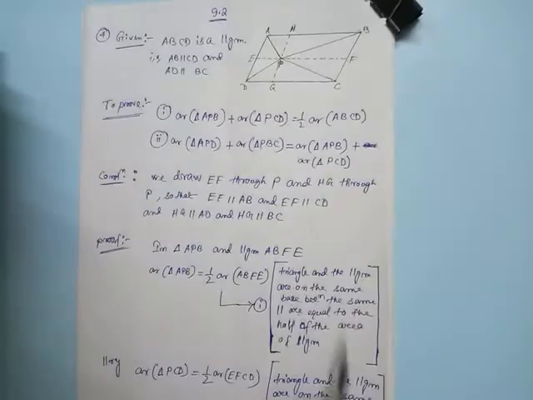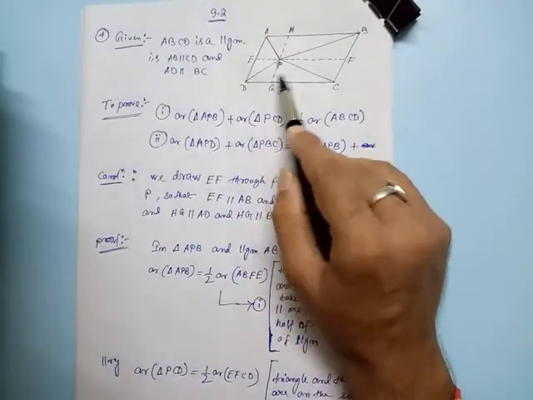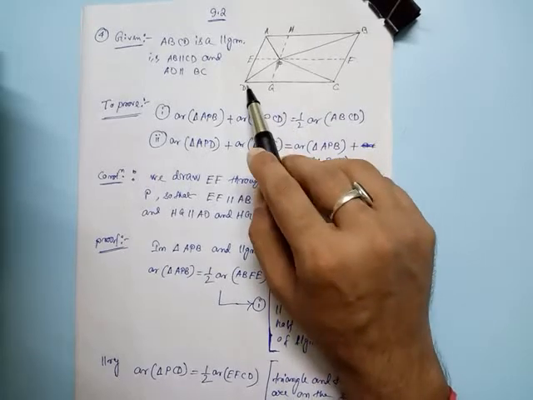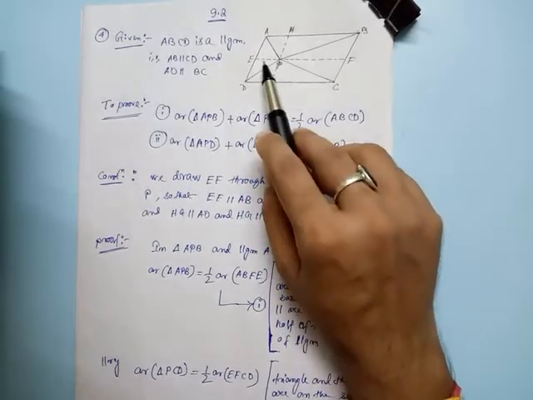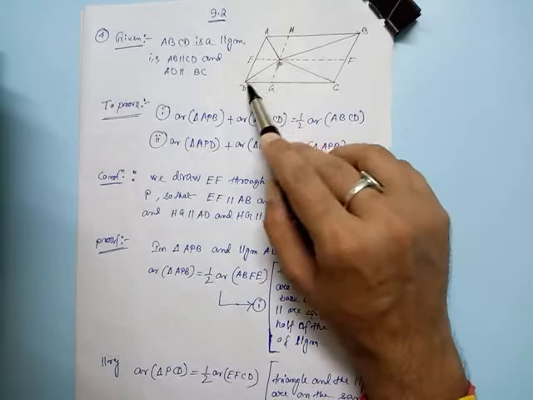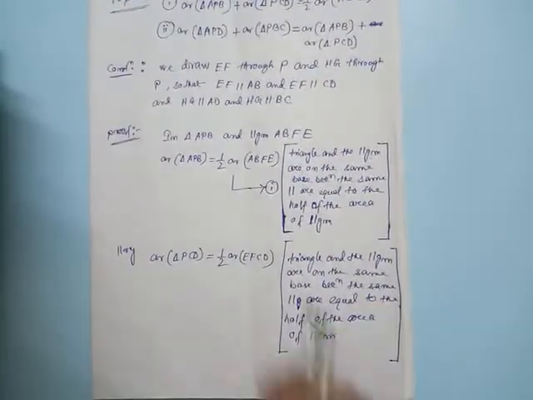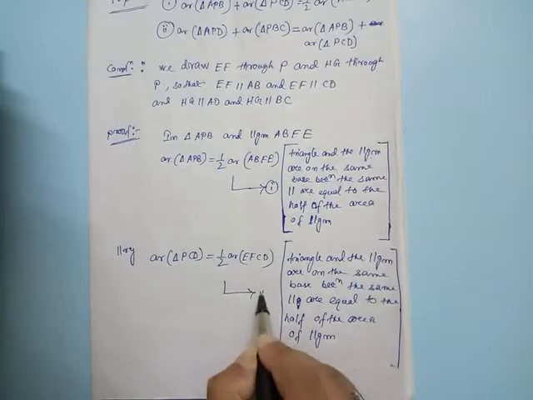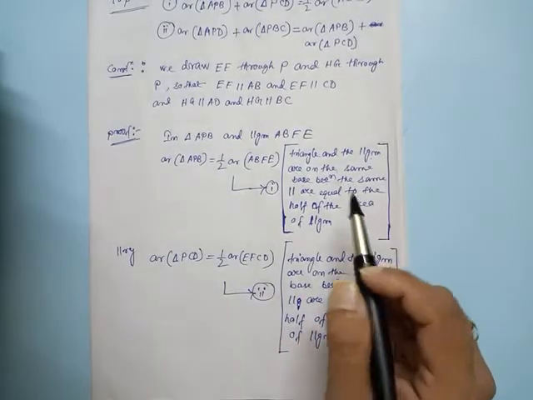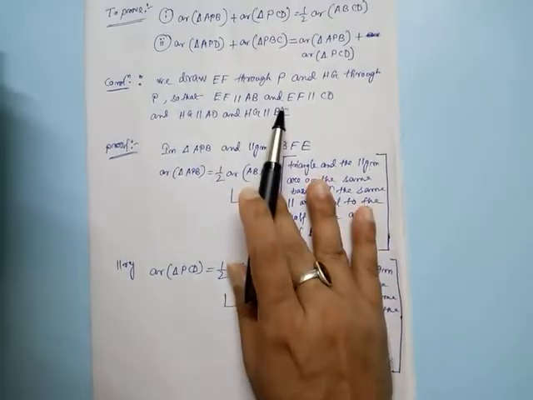Now look here, EFCD is a parallelogram, PCD is a triangle, so having the same base CD between the same parallel EF and CD, so area of triangle PCD equal half the area of EFCD. So here I have written this one, our equation number 2. Now look, from 1 and 2, if we add